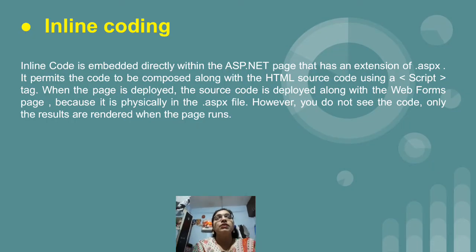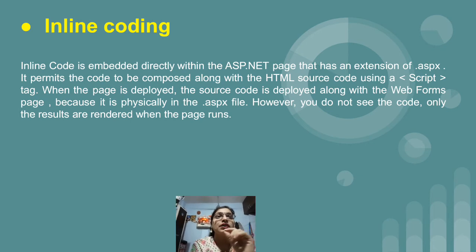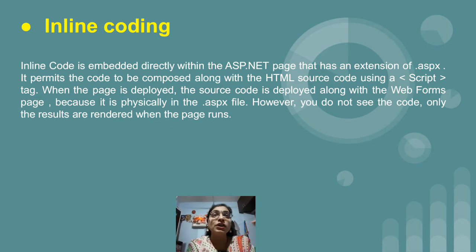Before starting the chapter, there are two ways to execute the program in Microsoft Visual Studio software. The one way which we have seen is that normally we create the interface on the .aspx page by taking controls from the toolbox, and after that the coding part is done on some other page like the aspx.cs page. That type of execution is called code behind. It means we create the interface on a separate page and the logic is present on a separate page.